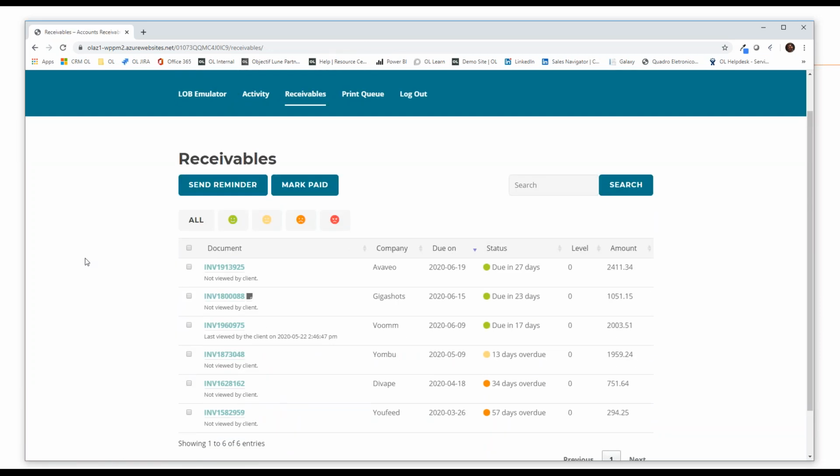This invoice was not viewed yet by the customer. So what I'm going to do now is open the email that I received, and the email will show the invoice. Okay. Until the email opens, let me just